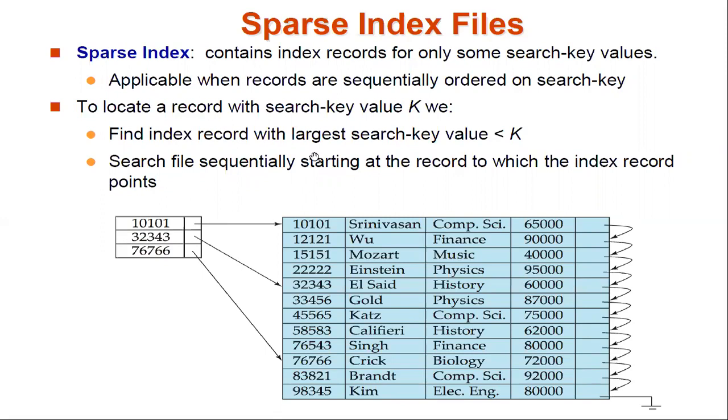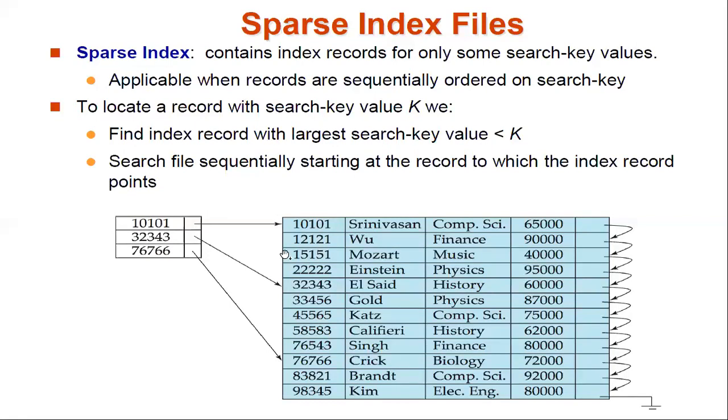The other condition is, when you are going to implement a sparse index, all the search keys should be arranged in some order. We say it is ordered, right? So you can see here this particular field's values are indexed, ordered in a particular order. So this is another condition to use the sparse index.